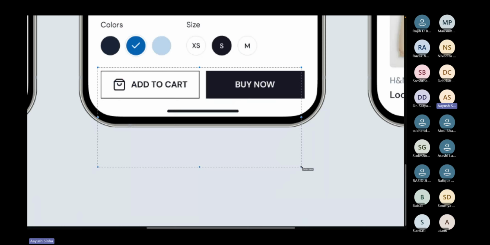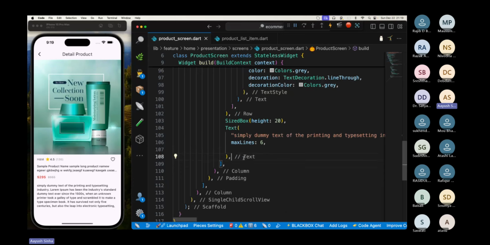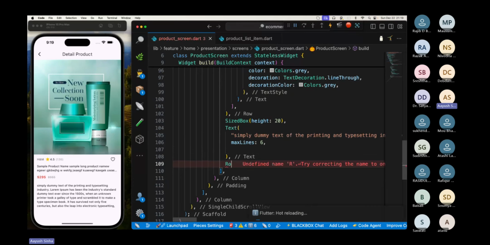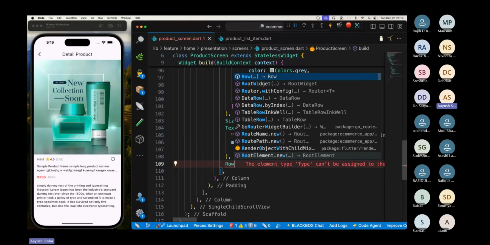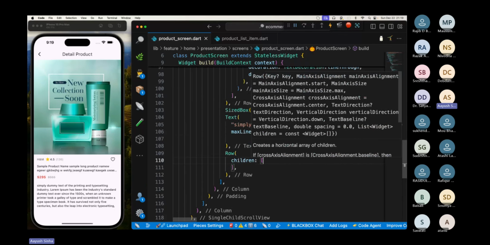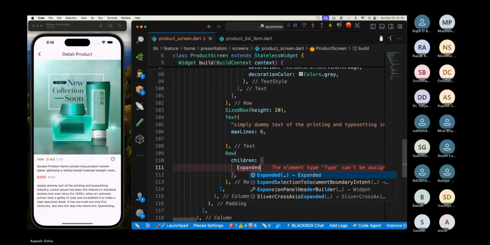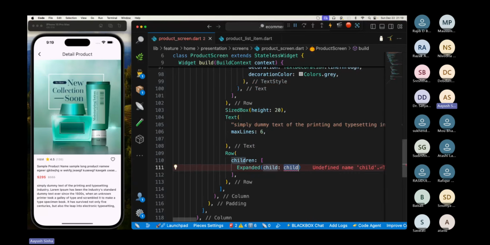So for now we are not giving the variety. We'll see in tomorrow's session if we have time. We'll try to include it, but let's continue without the variety thing. We have a row, and inside that we have 2 buttons, and that is taking equal width. So I will just wrap both the buttons using an expanded, expanded, and then